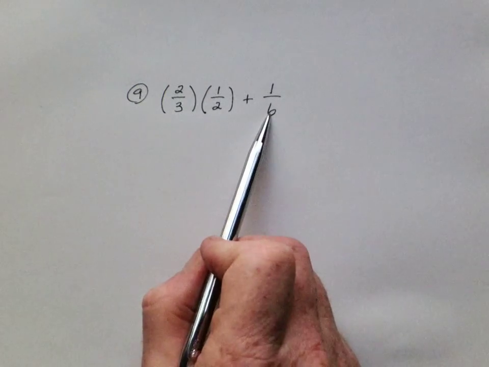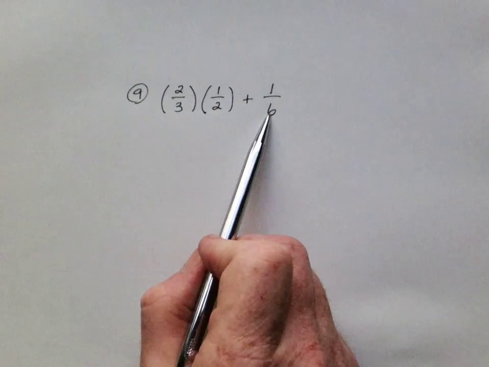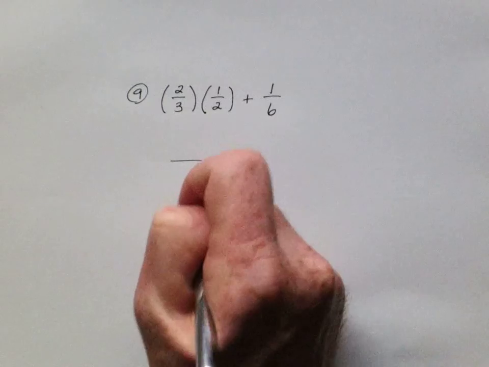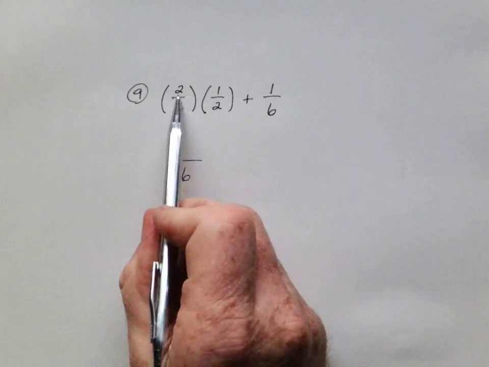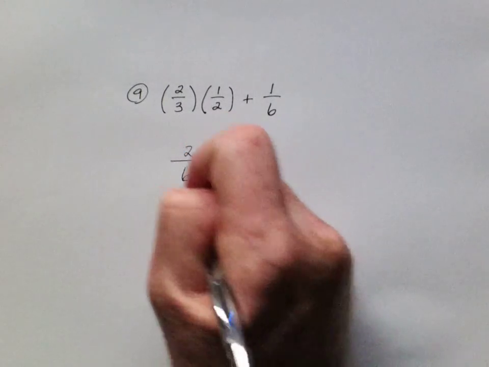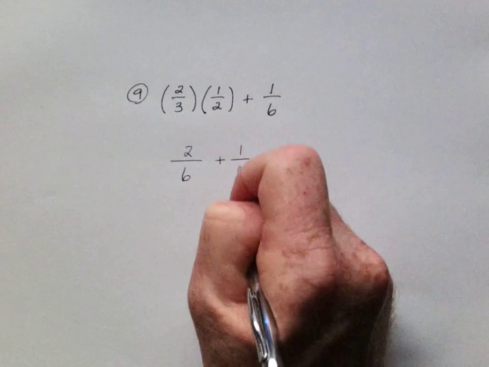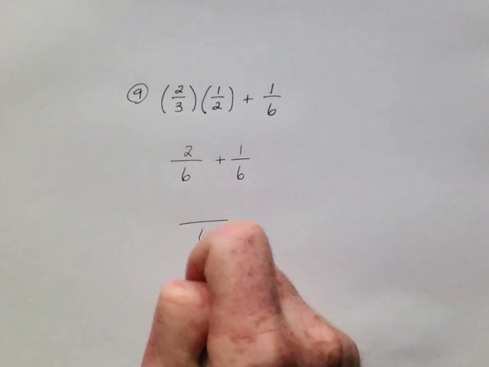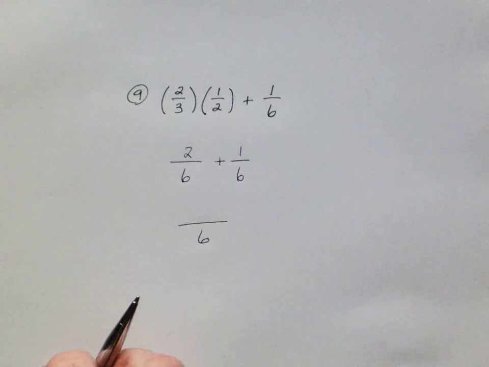And later, when I have to deal with this fraction, I'm going to have 6 in the denominator. So with this problem, I'm going to go ahead and multiply on the top, and that way I'm all ready for the next step because I already have the common denominator. So when you add these two together, the answer is going to be 6 in the denominator,